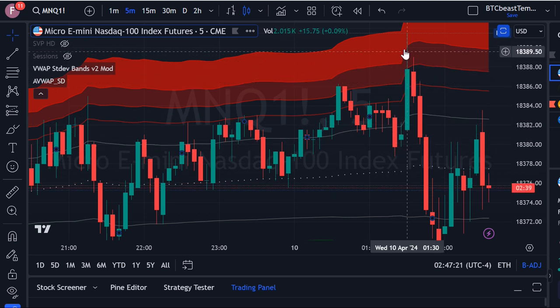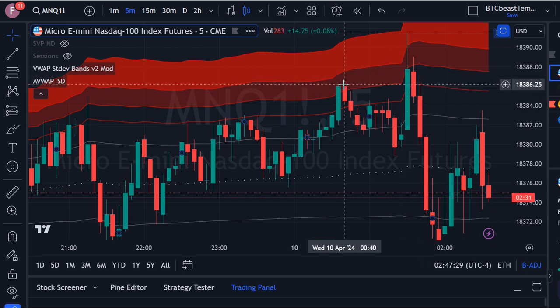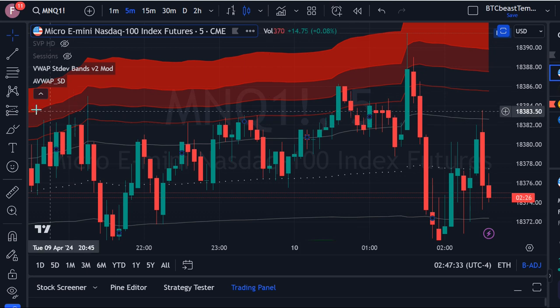Then we got back up, all the way up into fourth standard deviation. So we put our take profit. Usually I do a 65, 70%. We're about 30% above this level here. And if we take our Fibonacci tool,